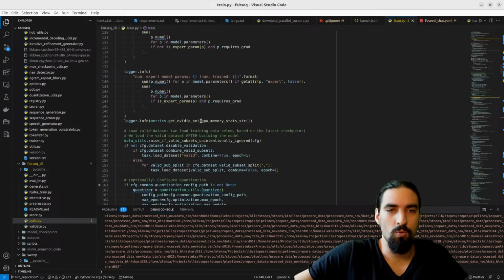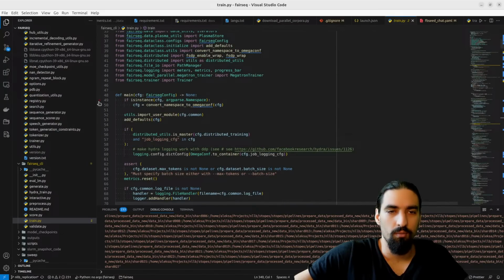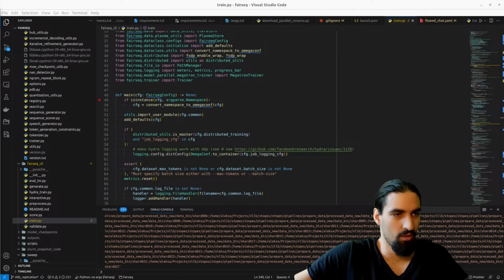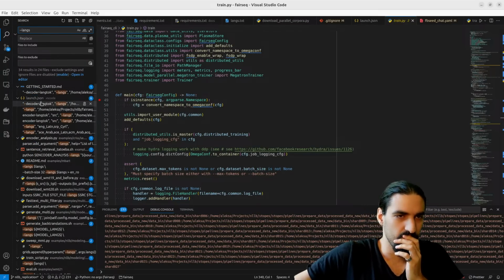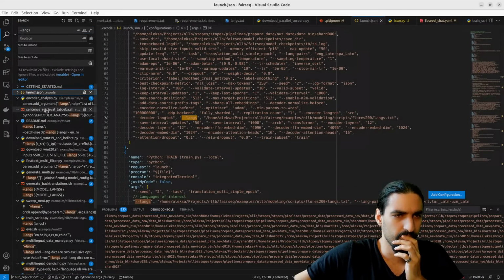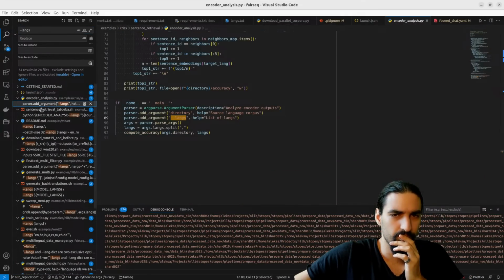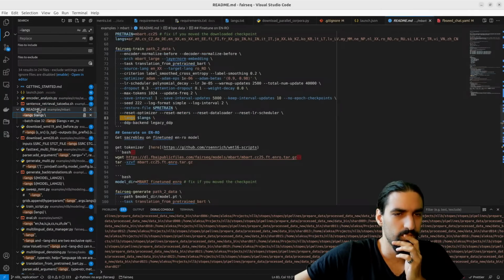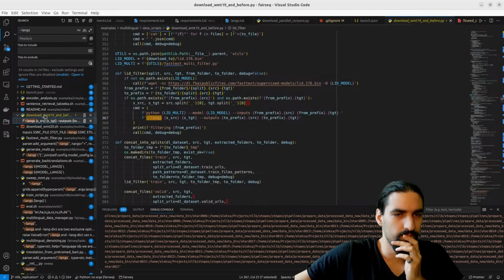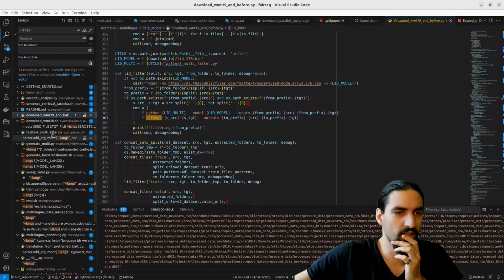Let's kick off our run. But before we even run, I think we can see a lot of these, you can just search for them and see how they're used. List of languages. How exactly are these used?